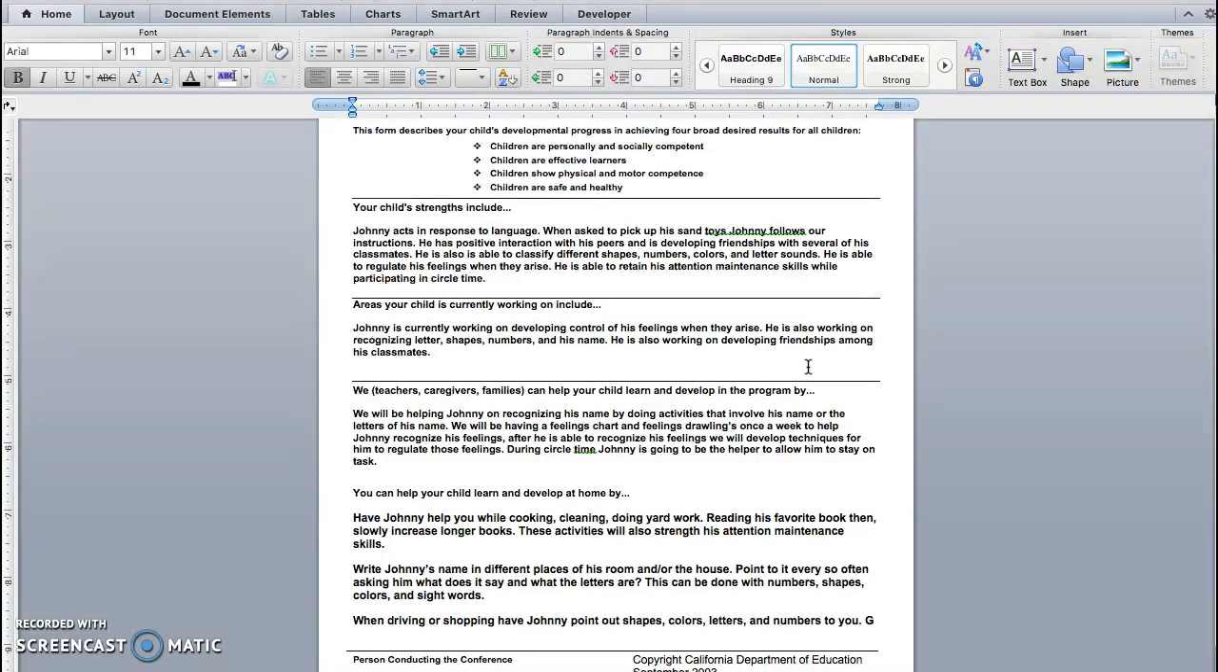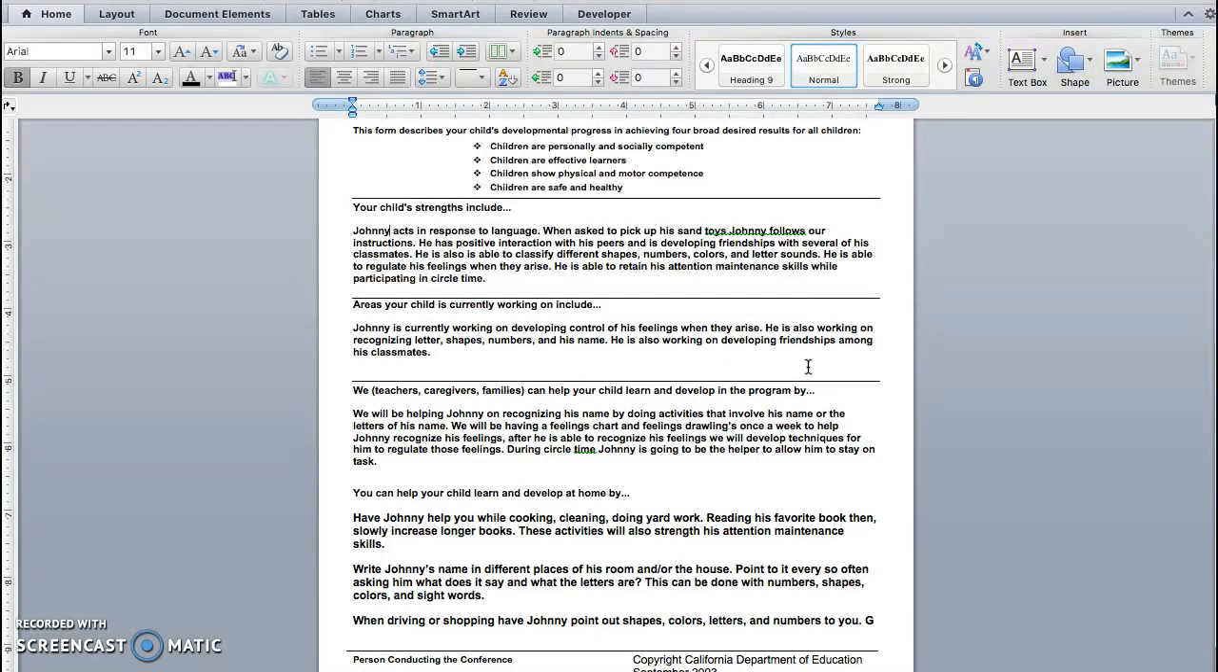He is also able to classify different shapes, numbers, colors, and letter sounds. He's able to regulate his feelings when they arise. He's able to retain his attention maintenance skills while participating in circle time. It sounds different, but it's the exact same thing, just a little bit more educated DRDP logic. And then areas your child is currently working on include: Johnny is currently working on developing control